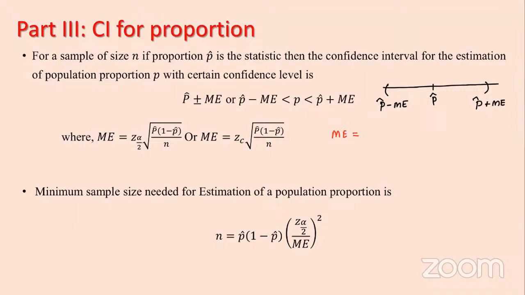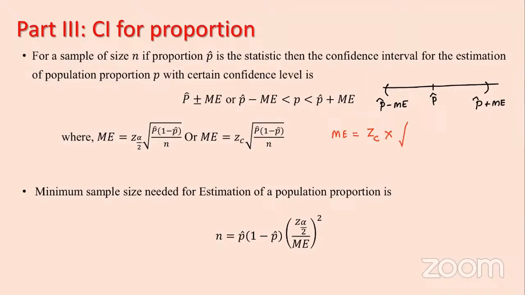In the first one, we studied about the confidence interval for mean when the population standard deviation was given. It was standard normal distribution. The second one was confidence interval for mean when the population standard deviation was not given. So the critical value was T critical, right? But for proportion, it is always standard normal distribution. So this is also going to be Z critical. Okay, standard normal distribution, Z critical, then multiply that by